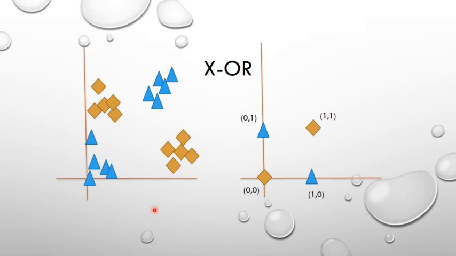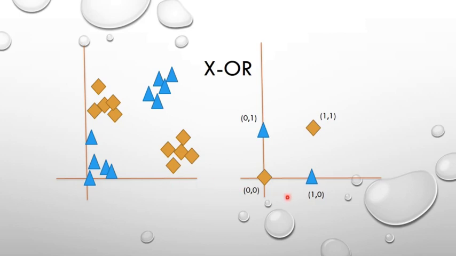Today we will see XOR learning, why it is needed and how it is performed. So let us consider the example given on the left side. We have been given separate clusters of triangles and diamonds, and our target is to classify them. Can we classify these classes of triangles and diamonds with the help of a single linear hyperplane? No, obviously not. There is no way of drawing a hyperplane which can classify both these types of elements.